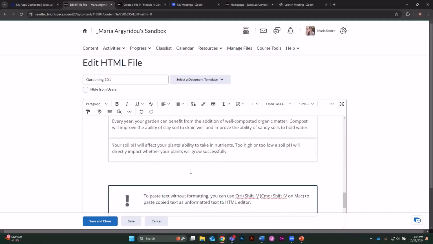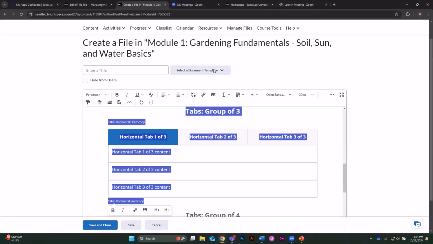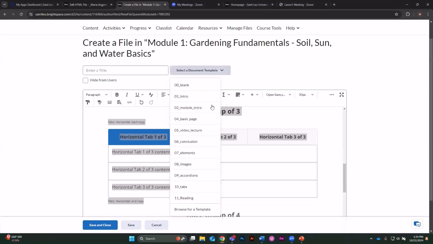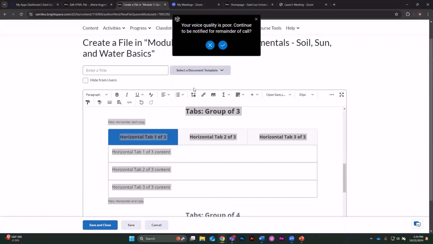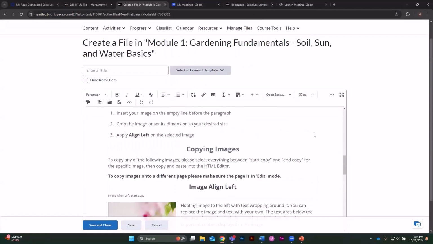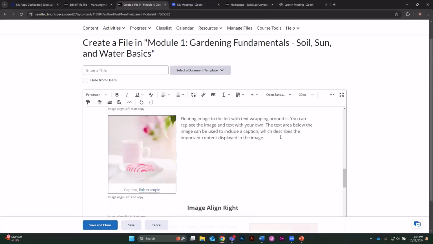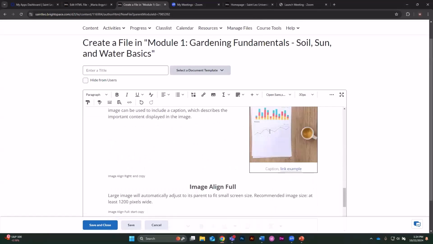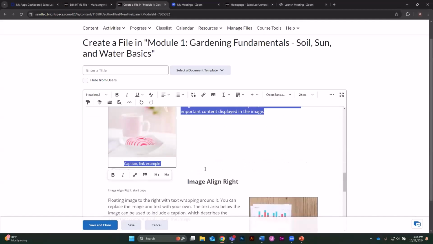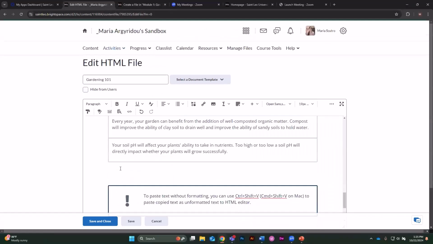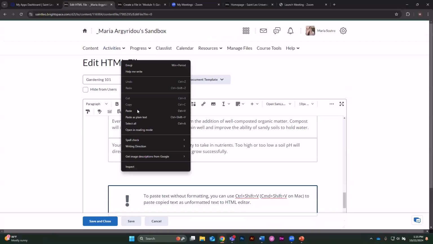So let's go to the very end of the page. So let's pick the template and go to number 8, images. Choose from align left, align right, or in the middle. Let's just choose one. If you're on left, copy. The main page. It's simply just